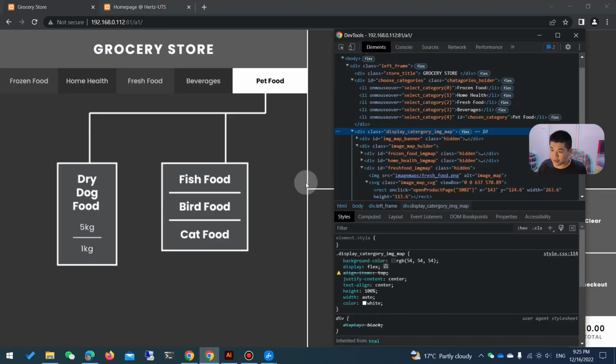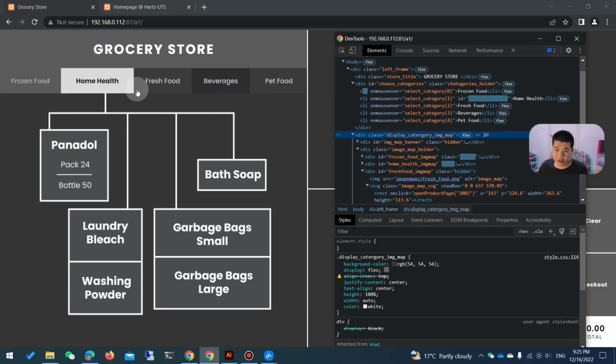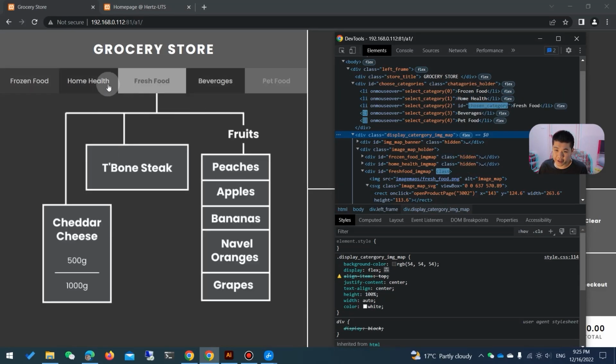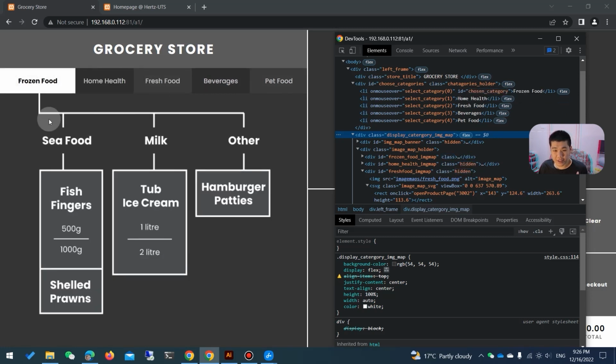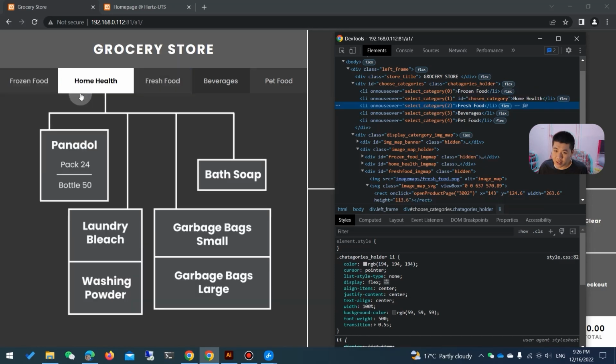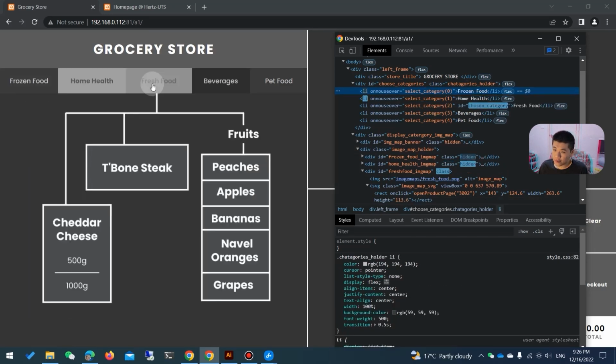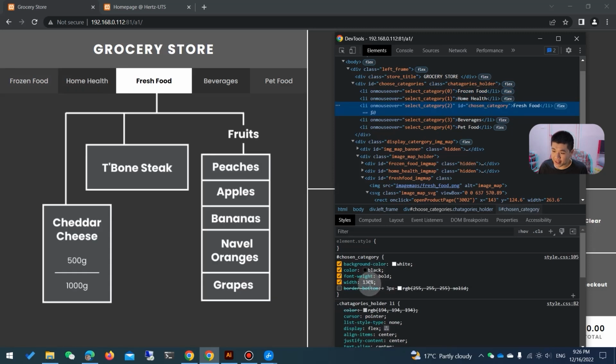And then the rest of the stuff would just be for the image map to achieve this effect of hovering and then changing the category functionality. All of the elements had an on mouse over event that would do two things. First of all, it would add an ID to the hovered list element, and that would modify the width to be a bit larger than the ones that were not selected, and then change the background color to white to make it stand out.